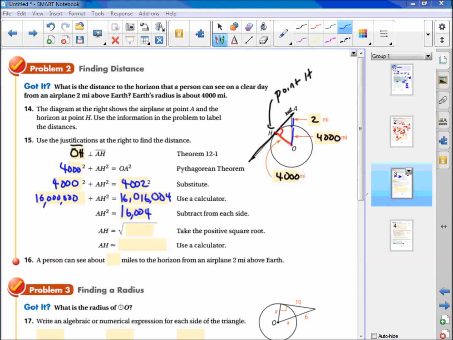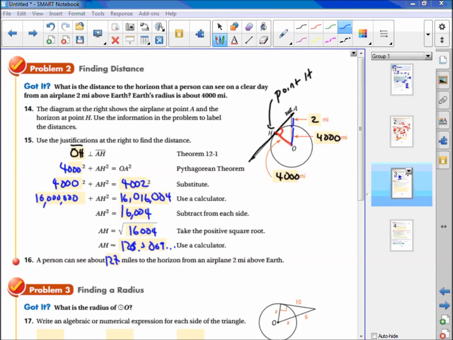And then we'll square root the 16,004 to get about 125.5069, and so forth. So a person can see about 126, so about 127 miles to the horizon from an airplane 2 miles above